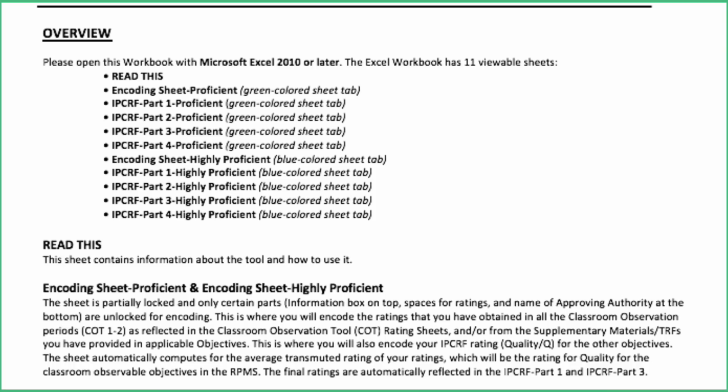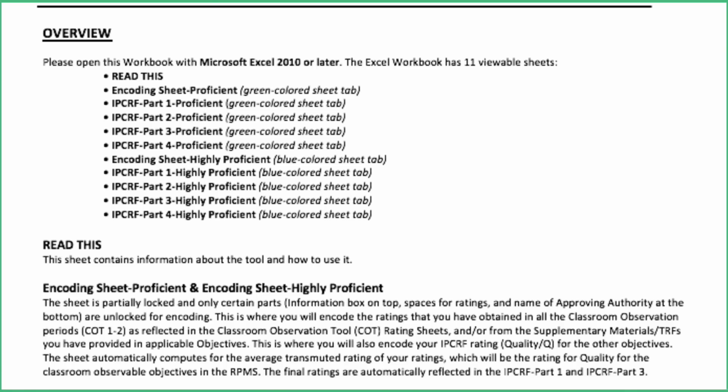Read This sheet. Encoding sheet for the proficient, that is the green colored sheet tab, that is IPCRF 1, 2, 3, and 4 for the proficient, still in green colored sheet tab. Encoding sheet for the highly proficient, that is the blue colored sheet tab, under IPCRF Part 1, 2, 3, and 4. In the encoding sheet proficient and encoding sheet highly proficient, the sheet is partially locked, and only certain parts, or the information box on top, spaces for ratings, and the name of the approving authority at the bottom, are unlocked for